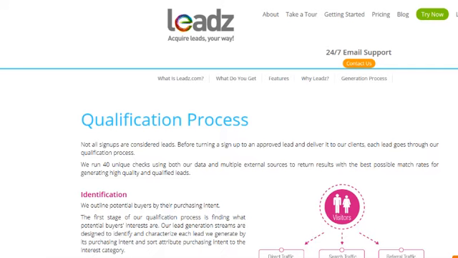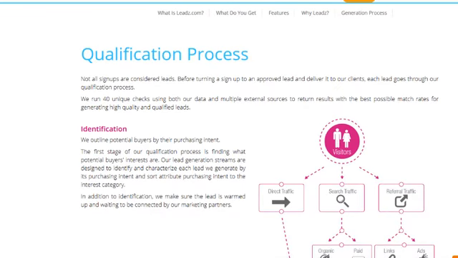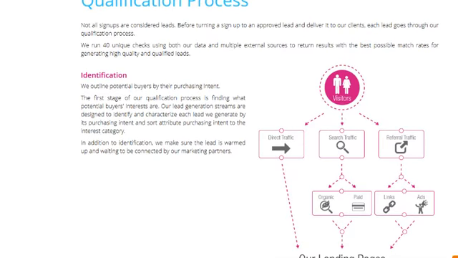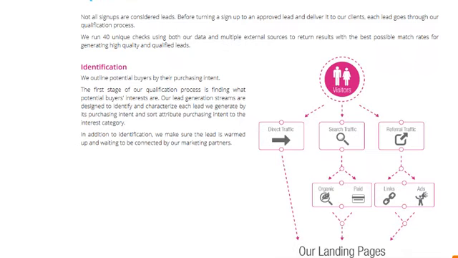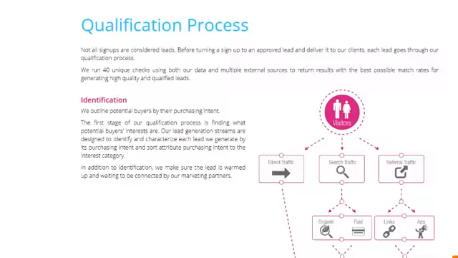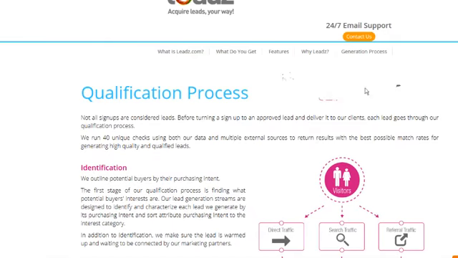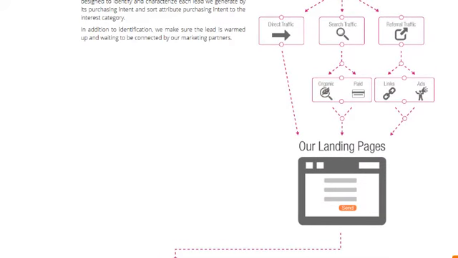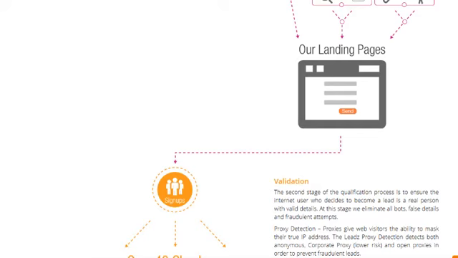And again, this is why they're a little more advanced than Opt Intelligence. They qualify the leads before we even get them. Opt Intelligence doesn't really do that. And even though it's very good quality still, because we're still targeting with Opt Intelligence, we're getting the leads for what we want. If we're doing finance or insurance leads, we can still get that. But Leads takes it one step further, and they do a lot of verification and qualification, because they have their own landing pages, as you can see, and they actually